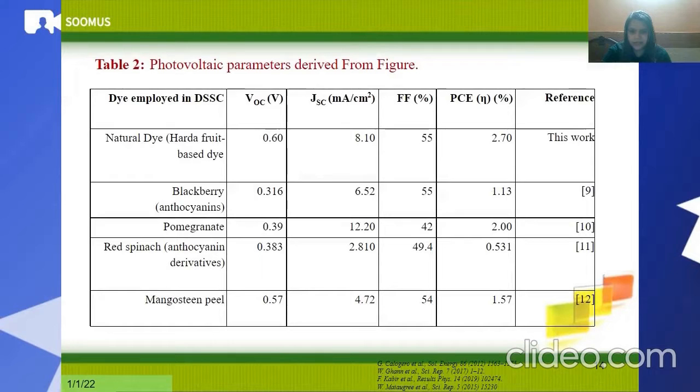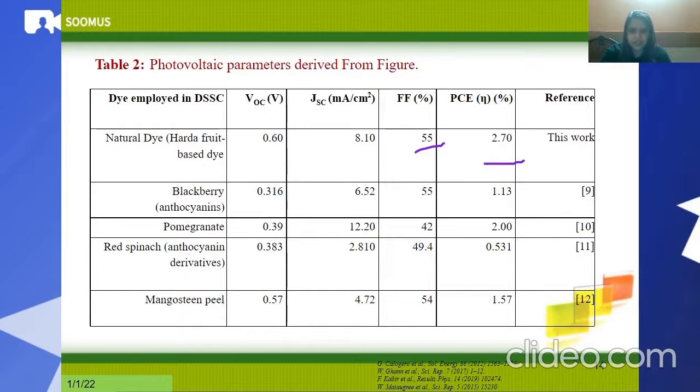This is represented in the table, and this table also includes the photovoltaic performance of other recently developed natural dye based DSSC. The natural dye based DSSC affords a significantly higher VOC of up to 0.60 volt, and a much better current density of up to 8.10 milliamperes per centimeter square. Fill factor we get up to 55 percent, and the main parameter, power conversion efficiency, is up to